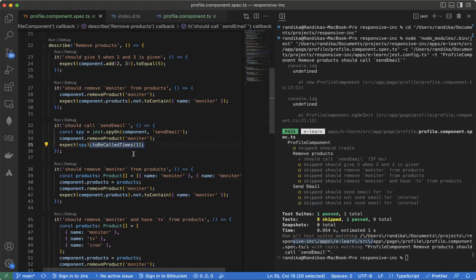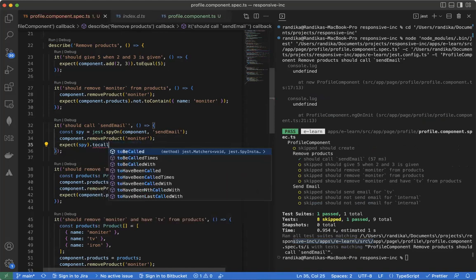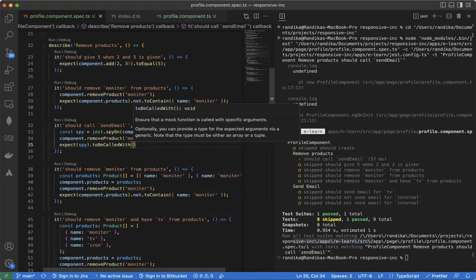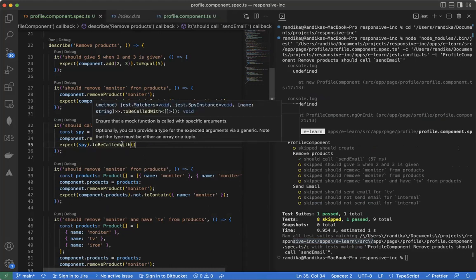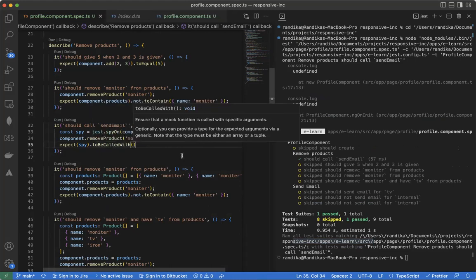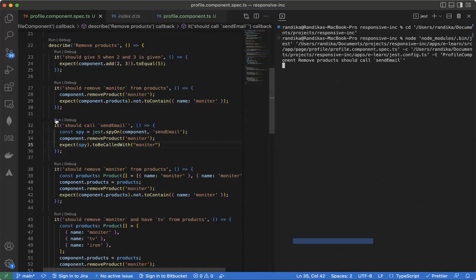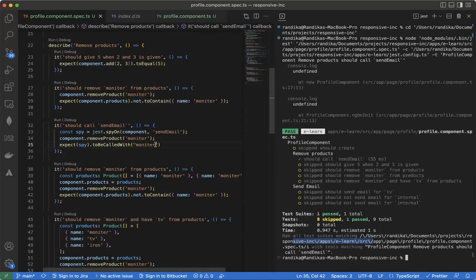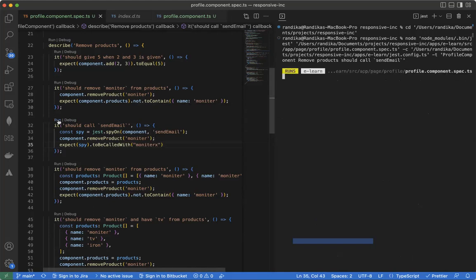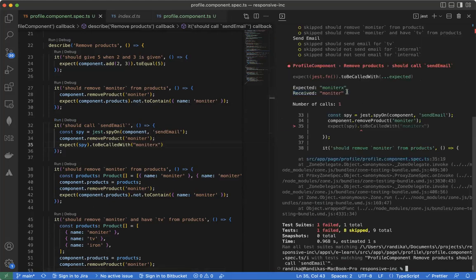And there are even more fine-grained ones, to be called with. To be called with means we can provide what are the values that we are expecting, if I'm not mistaken. Yes. Monitor should be correct. Let's say monitor X and see whether it is failing. So you can see we are expecting to call with monitor X, but we received with monitor,